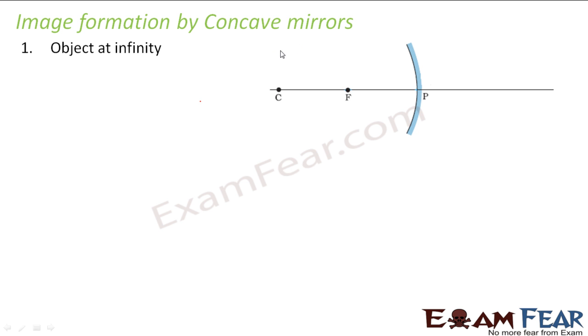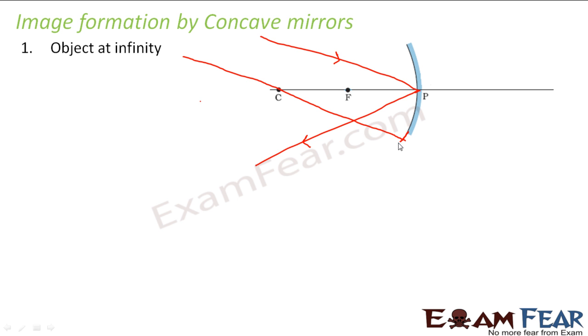So let us suppose that there is one ray which is falling obliquely towards the pole. So what will happen? How will it get reflected? If this is my incident ray, how will it get reflected? It will get reflected obliquely, right? Now let us suppose there is another ray which is coming from the object such that it passes through the center of curvature. So this ray will meet the mirror somewhere here. Let us suppose this is my mirror. So after reflection, what will happen? It will go back along the same path, right?